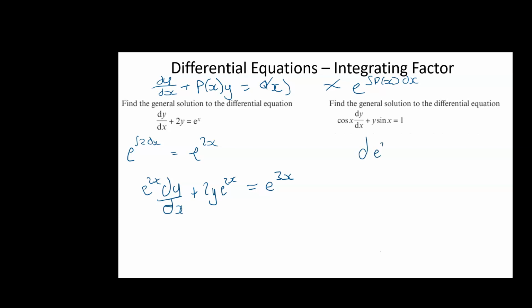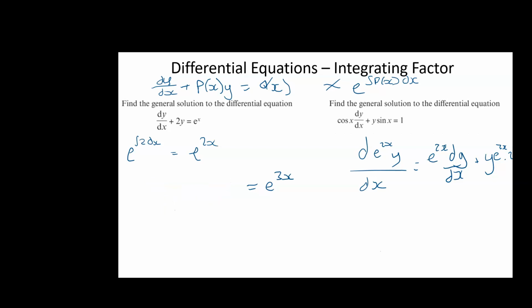So d of e to the 2x y dx. I think it's good to just check it like this rather than assuming. Then what we're going to get, we're going to have the first, e to the 2x, times the differential of the second, dy by dx, so that's good, plus the second, y, times the differential of the first, which is e to the 2x times 2, so 2y e to the 2x, 2y e to the 2x, so it does work. So we can replace this side with d of e to the 2x y by dx, and integrate,